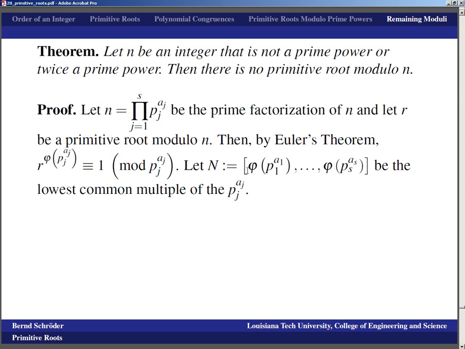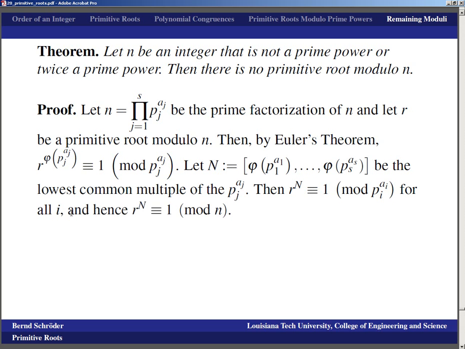And if we now let N be the lowest common multiple of phi(p1^a1) through phi(ps^as), well then r^N is equivalent to 1 modulo pi^ai for all i, sure, and that means that it is equivalent to 1 modulo n also,